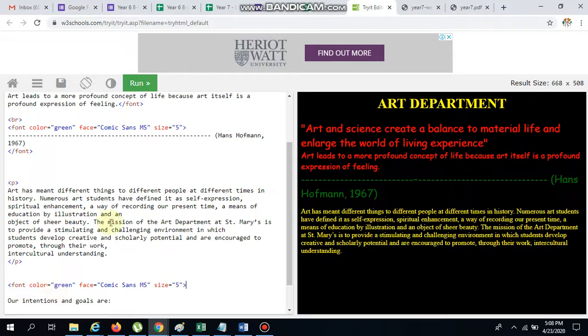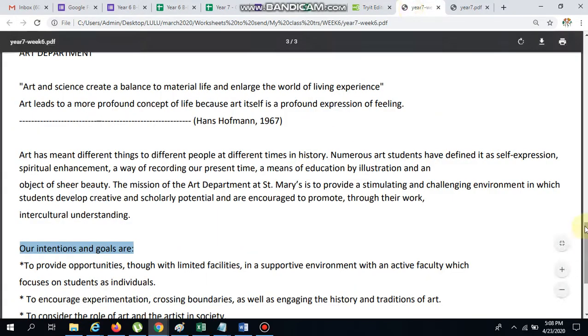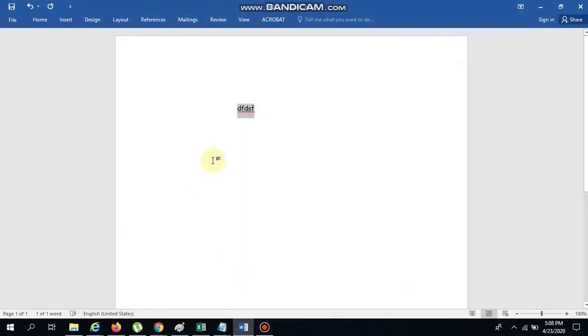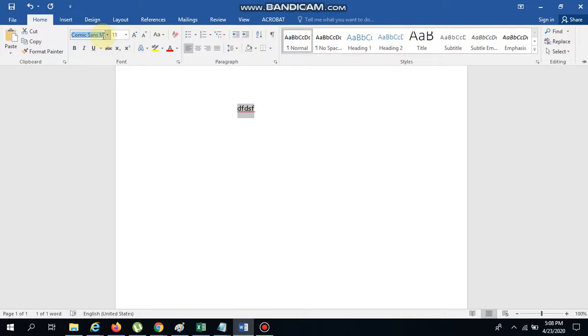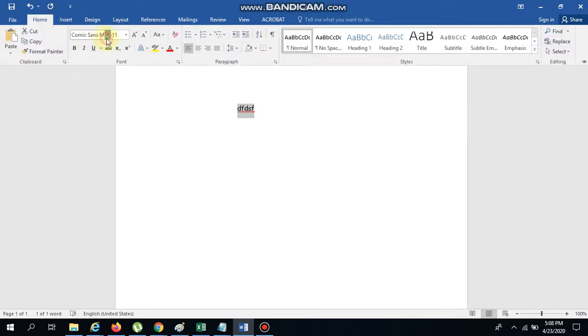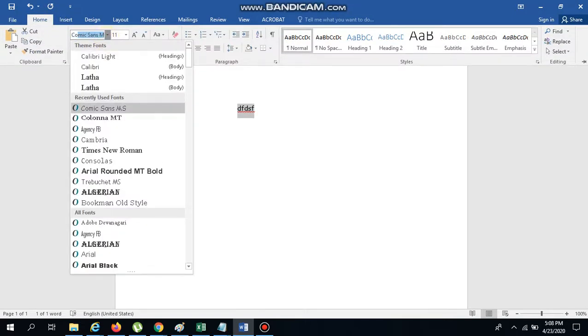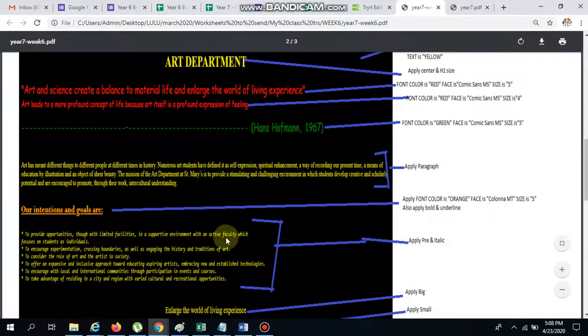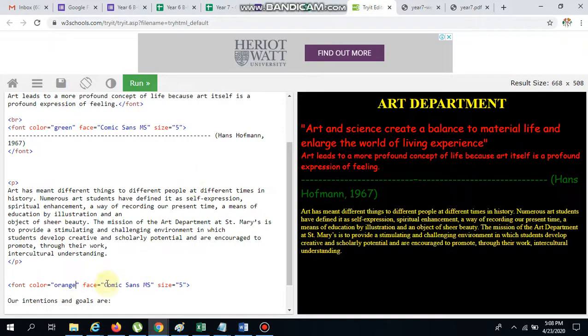In that, the font color should be orange, so I'm giving the color orange here. Then the font face should be Colonna something. You get the name from here. Colonna MT came here. Then copy this face name, I mean font name, then paste it here.